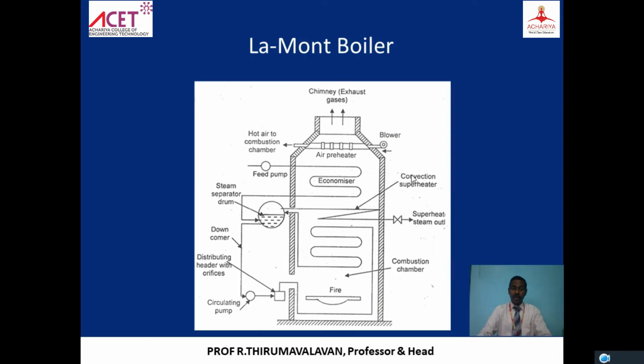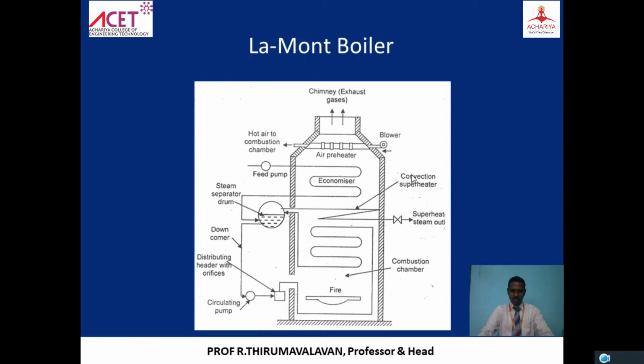The water tube boiler has high capacity, which means we can generate tons of steam per hour, and also high pressures, 170 bars, 150 bars, more than 150 times atmospheric pressure. The Lamont boiler is the simplest boiler. Most medium scale industries and power plants use these Lamont boilers. Processing industries mostly use only fire tube boilers. If you are going for large scale production, they will go for water tube boilers.